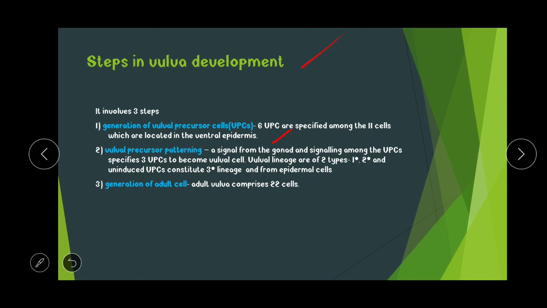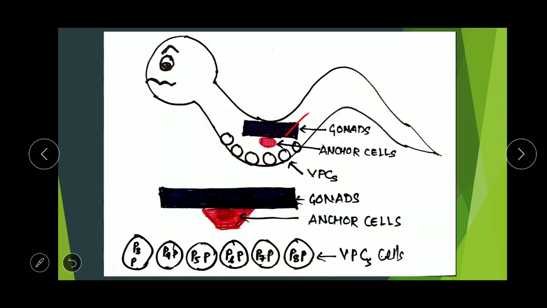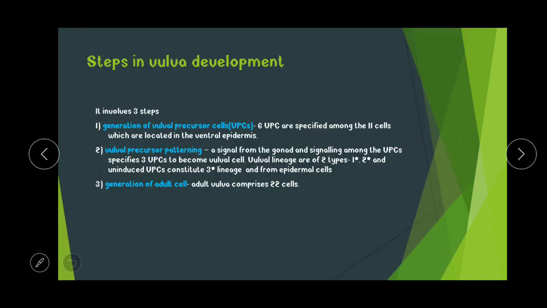We have already discussed the gonad, which will produce the gametes, and below the gonads there is the anchor cell. Here you can see the gonads and anchor cell. The anchor cell and the gonads will send the signal, and the VPCs will receive the signal to become vulval cells. Vulval lineages are of 2 types, 1 degree and 2 degree. Uninduced VPCs are those not receiving any signal, or receiving a very negligible concentration of signal, from the anchor cell and the gonads. They will form the 3 degree lineage, the tertiary lineage, and will form the epidermal cell